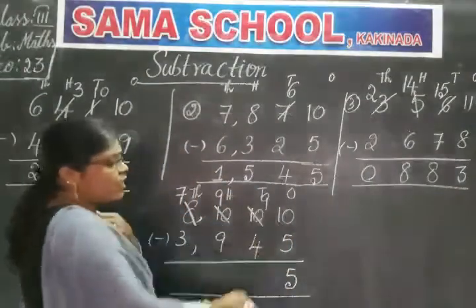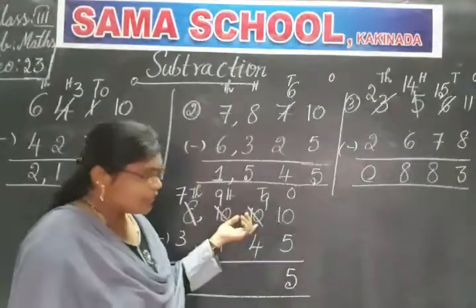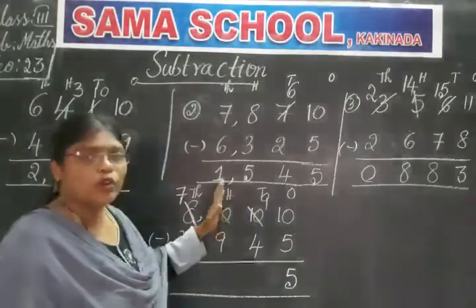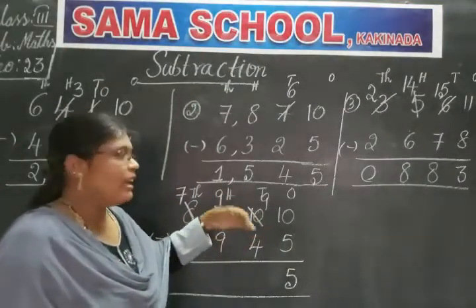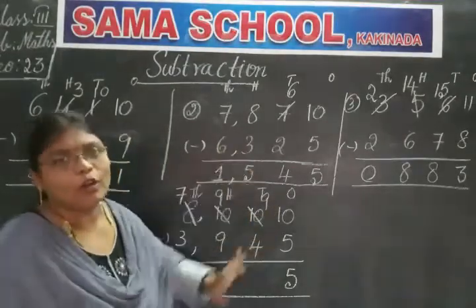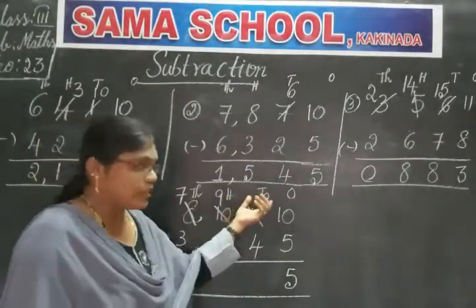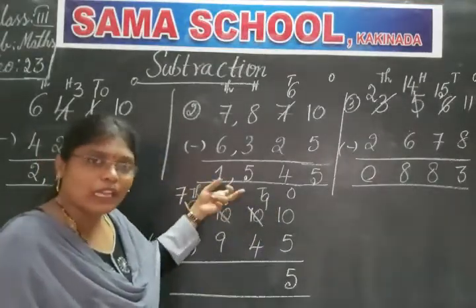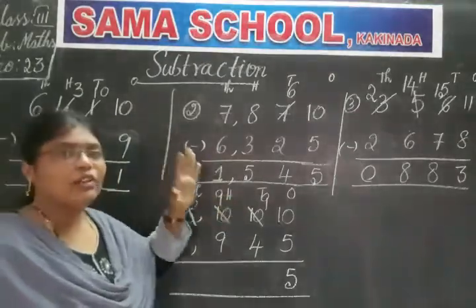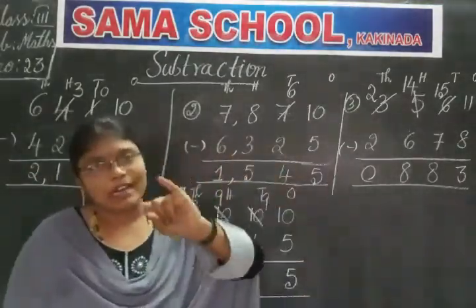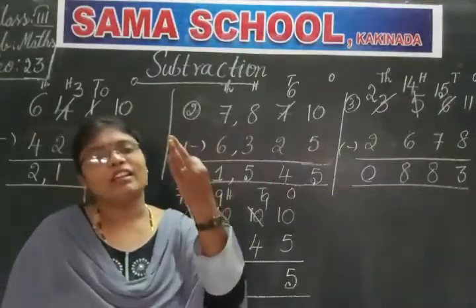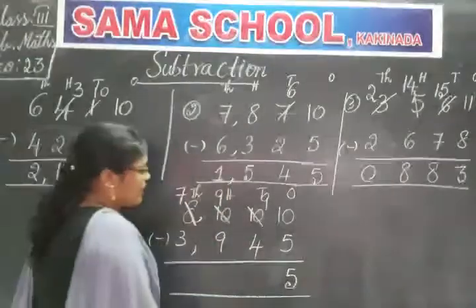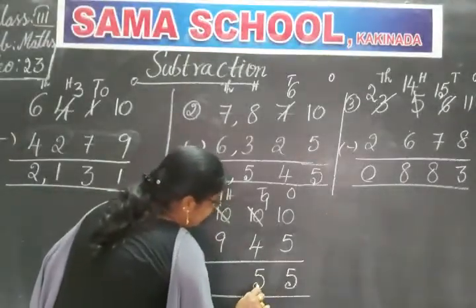Here in tens place, what is the digit? Actually we had 0 and we have borrowed 1 from the next place, it became 10. And again from this 10 we have borrowed 1 to the next place. So now it became 9 only. So come on, can you subtract 4 from 9? Yes. 4 after till you get 9. 4 after 5, 6, 7, 8 and 9. How much, children? 5. So 9 minus 4 also gives us 5.